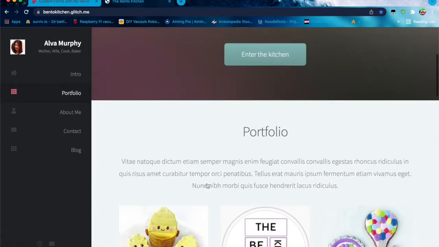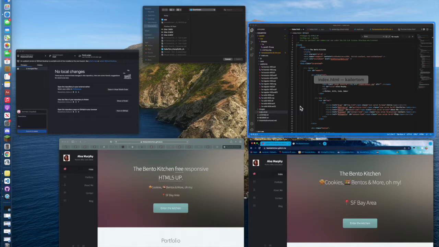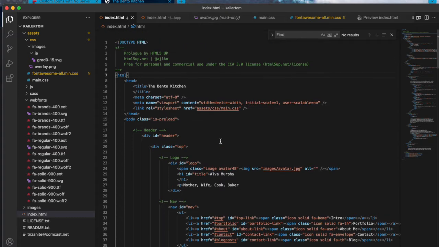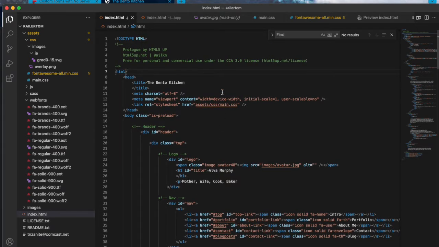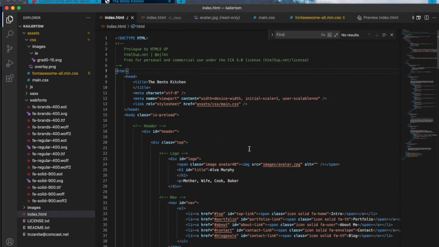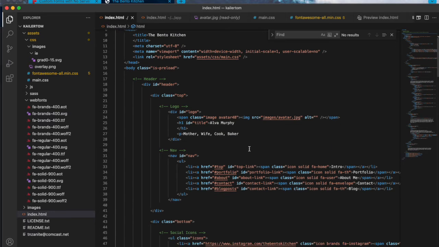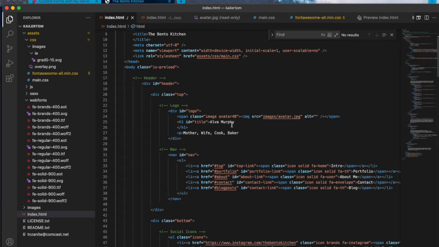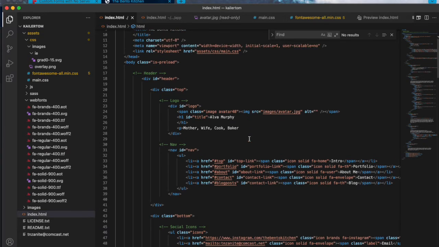So the way I did this code is I did my code on Visual Studio Code. It's in HTML format. I did use a free HTML template, so that was incredibly helpful. But what I had to do was go in and edit each of these images to essentially make it say